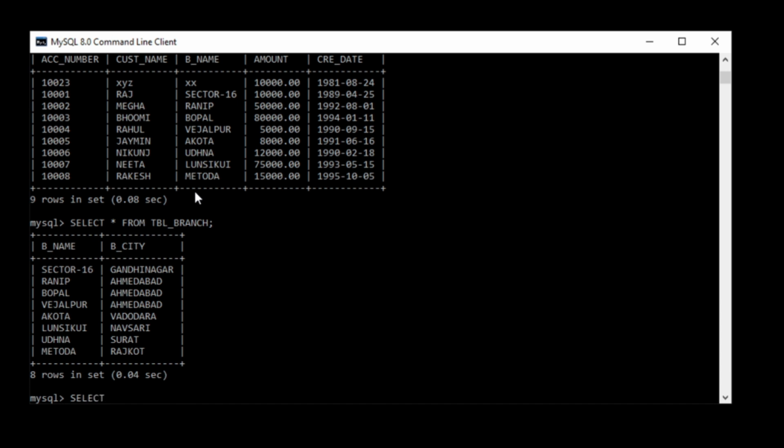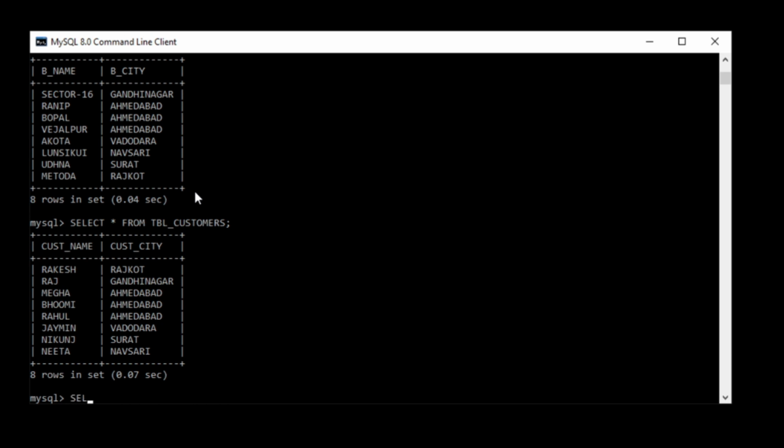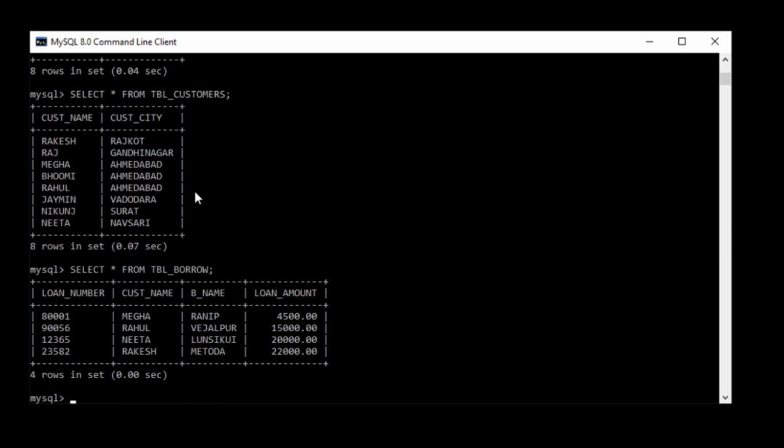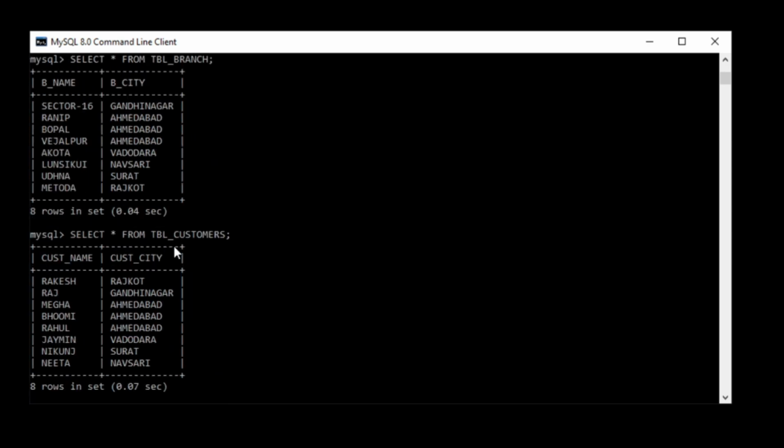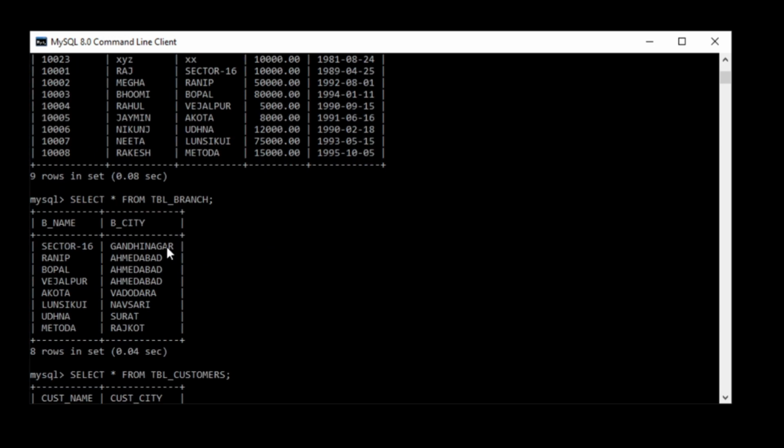Select star from table customers, and the last is select table borrow. Okay, now so we have to select all these tables.